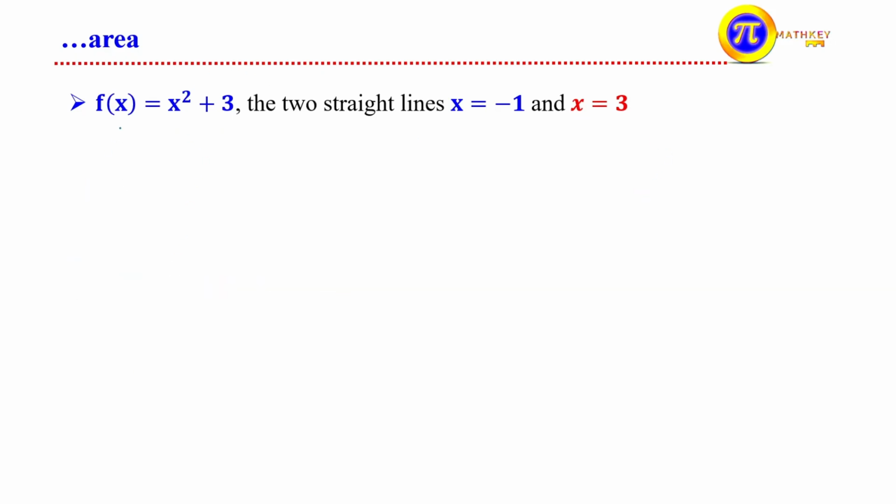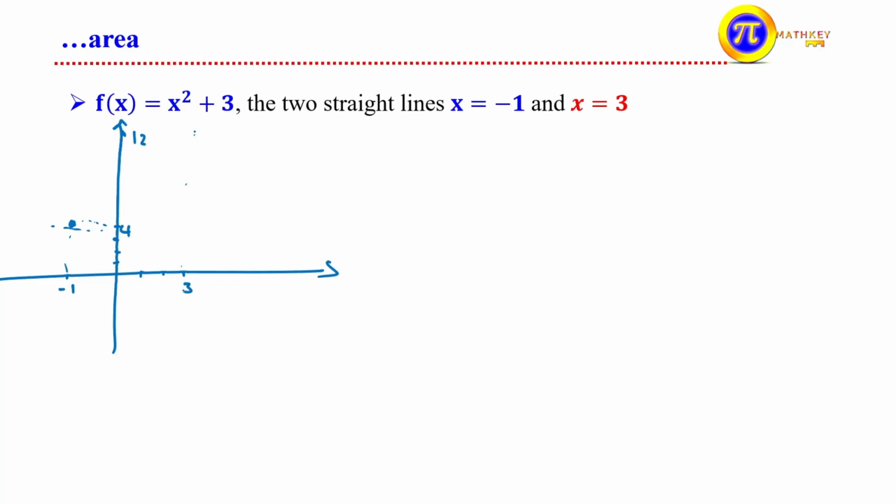Let's try to sketch the graph of this function at the given points. በተወሰኑ points መሰረት we can sketch the graph of our function. At -1, the value becomes 4 ይሆናል. -1 squared plus 3 ማለት 4 ይሆናል. Let's take here one. This is 4. At 3, it says 3 squared plus 3, that is 12. Let's take somewhere, this is 12 in the graph.